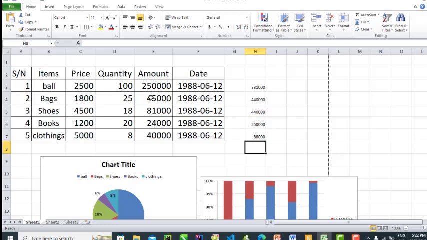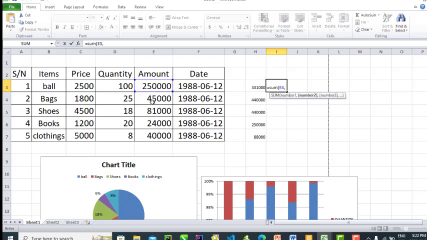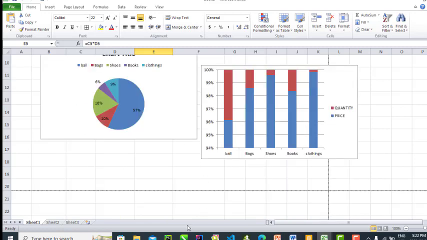But if the cells are not in a range, maybe you want to pick E3 and jump E4 and jump to E6, adding up the other ones, you can use equals to SUM, open parenthesis, E3 comma E5 comma E7 and close, press enter. So it will add these, but if they are in a range, use your colon. So that we have it at this section. In the next class, we look at other advanced